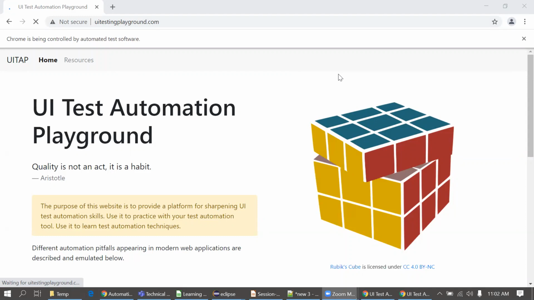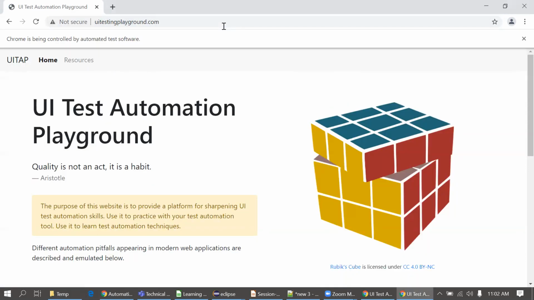Still it's taking time. The chances of test case failure are high here.